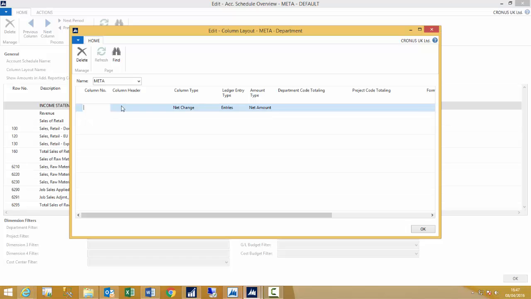So here I can give my column number. From habit, I just always do. As I say, if I'm not using a formula, I don't actually have to do that. I could say total this month, and I have my choice of what column type, net change, balance, etc. What do I want to see? Do I want to see the entries or budgets? Well, I'm going to see my entries here, and then I'm going to do my